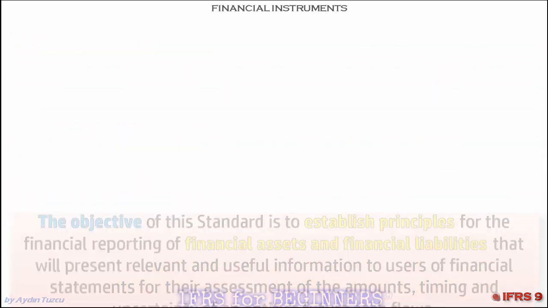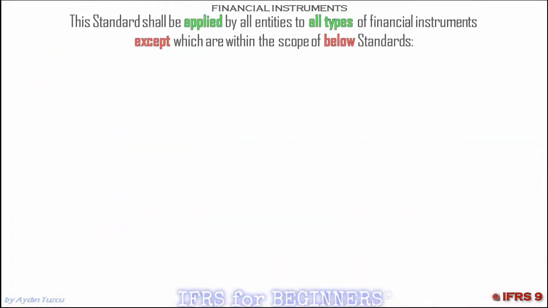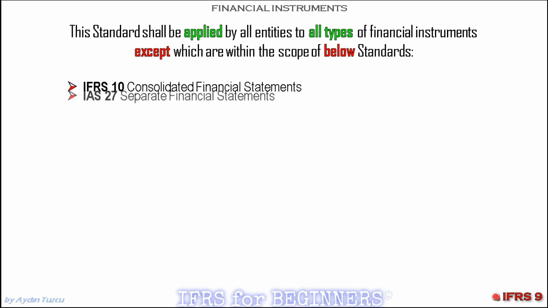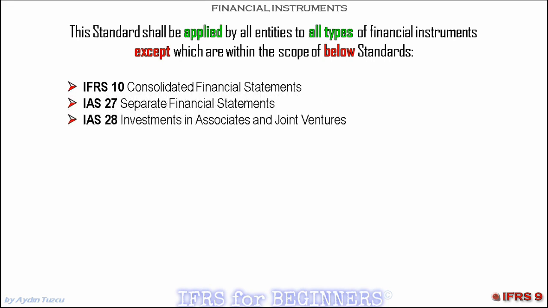Let's have a look at the scope of IFRS 9. This standard shall be applied by all entities to all types of financial instruments, except which are within the scope of below standards. IFRS 10 Consolidated Financial Statements, IAS 27 Separate Financial Statements, IAS 28 Investments in Associates and Joint Ventures,